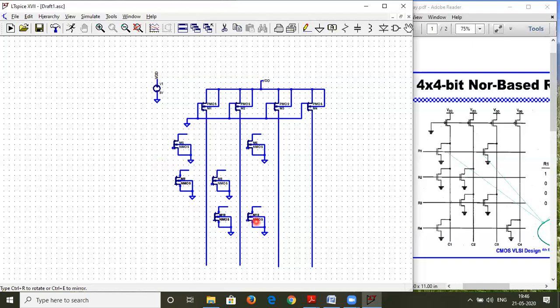And the next transistor is over here. And for the next case, we have the transistor over here and NMOS transistor over here. So far we have connected all the NMOS transistors.